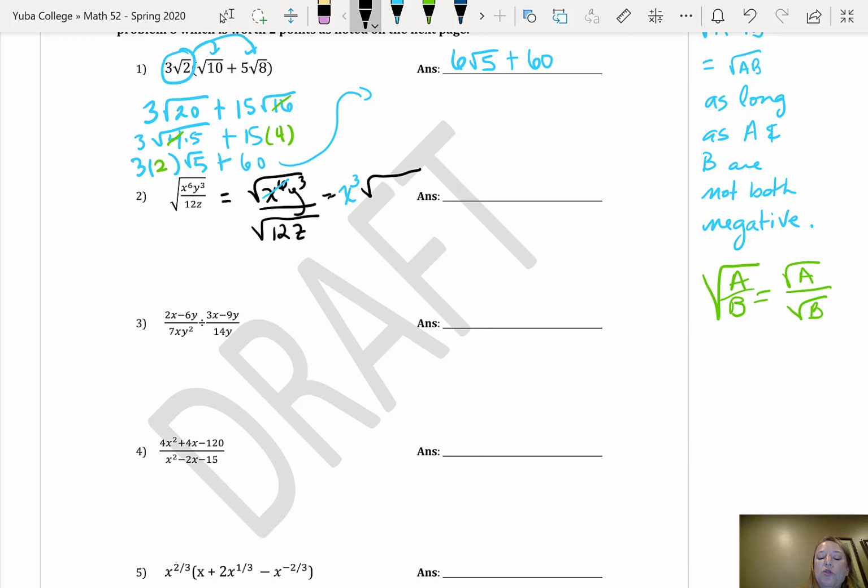So y cubed, using the rules of exponents, I can break this down as y squared times y all over the square root of 12. Well, 12 could be broken down as 4 times 3, and then I also have that z underneath the radical. So pulling out what I can,